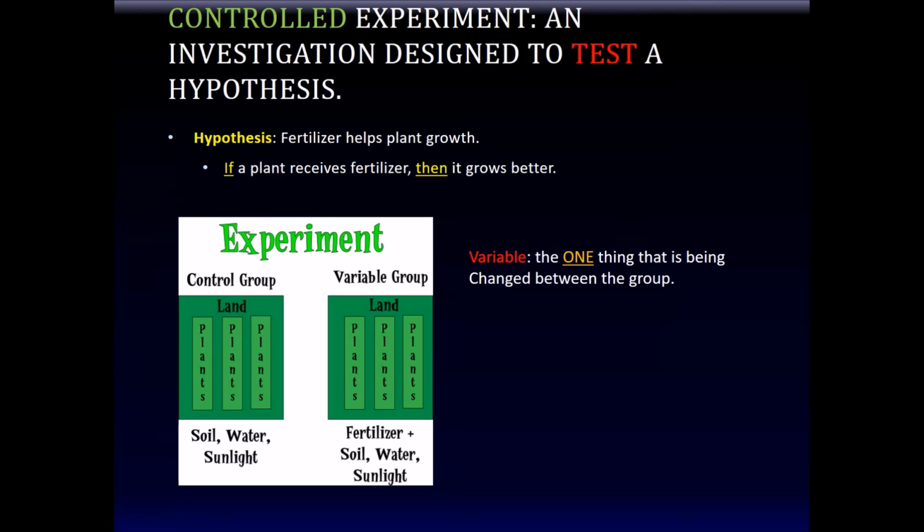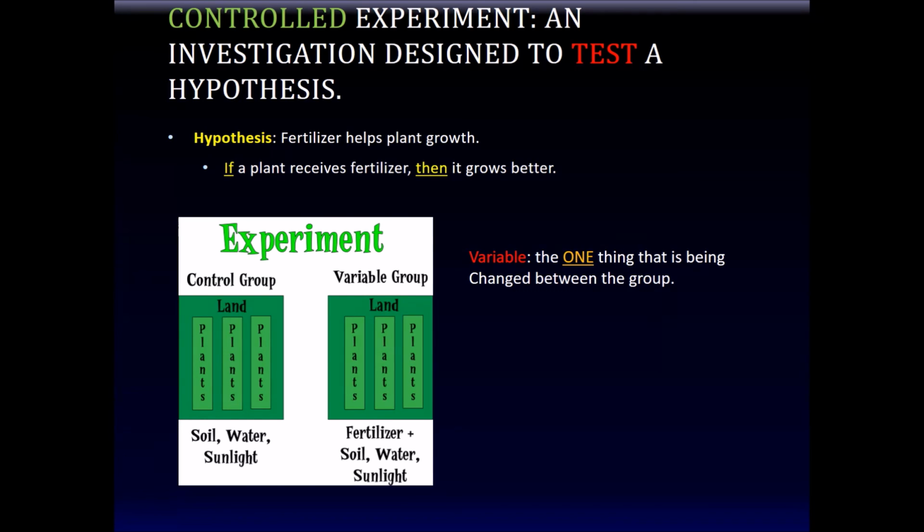An if-then statement is called what? Conditional. The first part is the condition, right? If you give a plant fertilizer, then it's going to grow better, silly. So that's a conditional statement, an if-then statement. Okay? It's much better to say a statement like that. Okay, now,